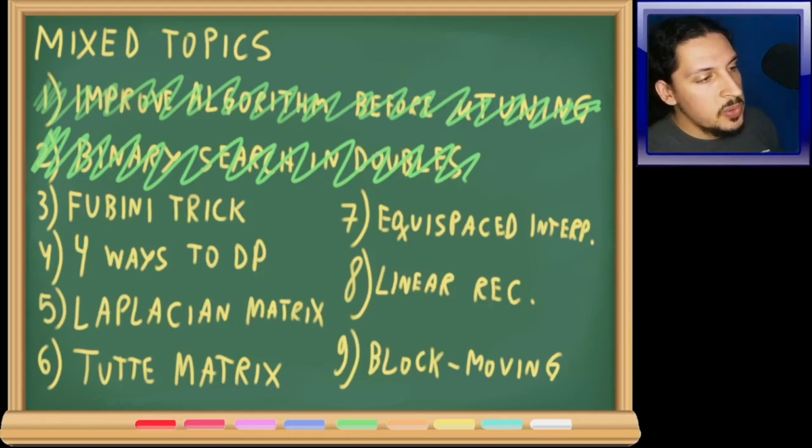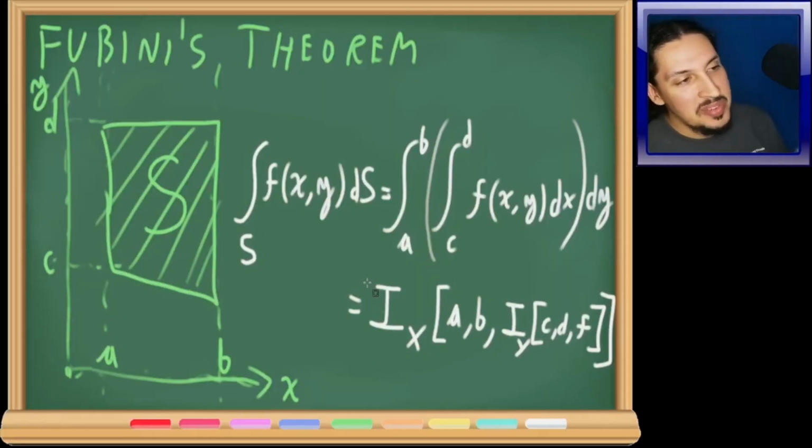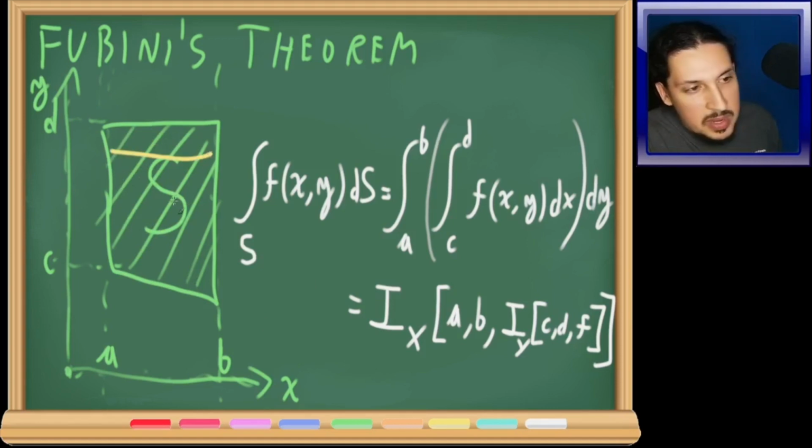Next, I want to show you one very powerful trick that I call the Fubini Trick. Well, what is the Fubini Trick? It's named like that because of Fubini's theorem, which is a well-known theorem in calculus. Basically, if you have an area like this, a rectangle in 2D, and you want to integrate a function over that rectangle, what you can do is forget that this is a rectangle, or rather slice it into